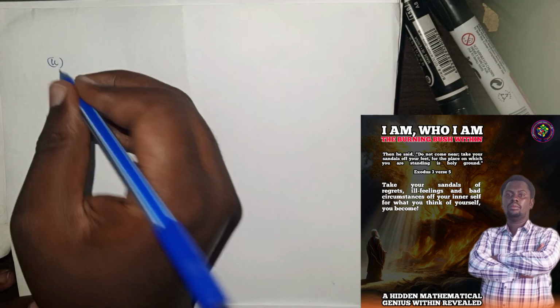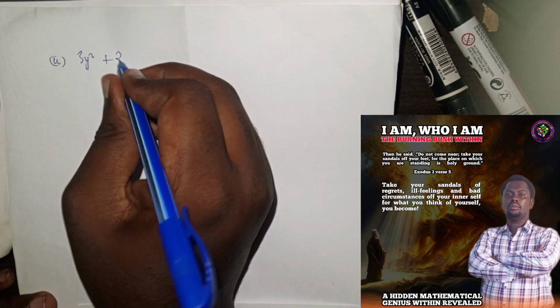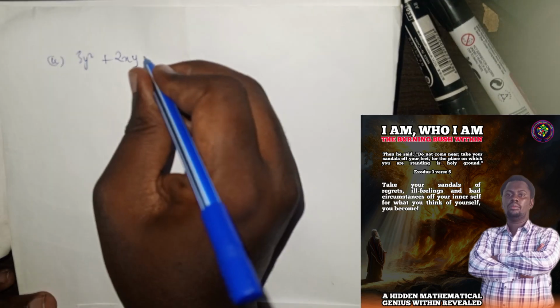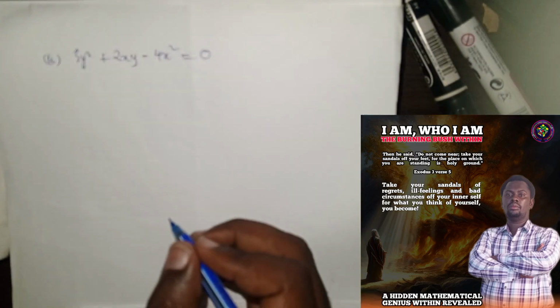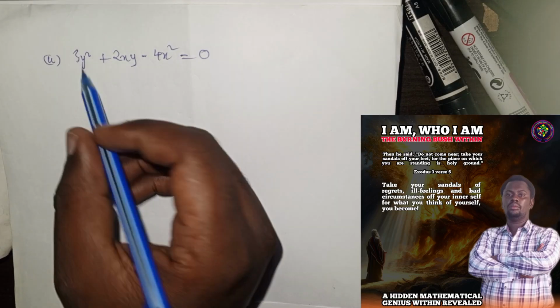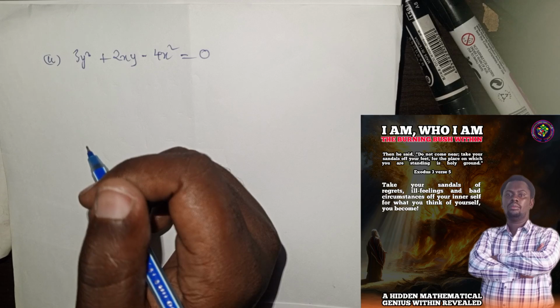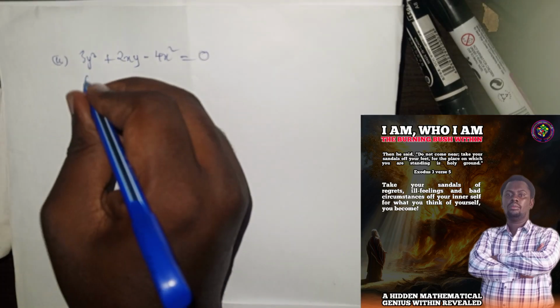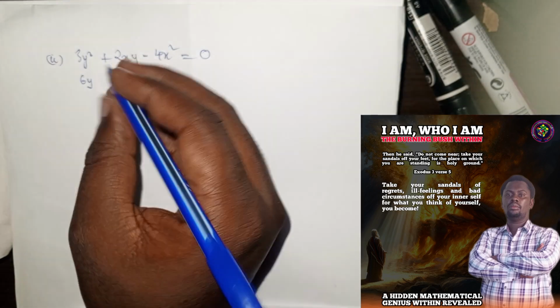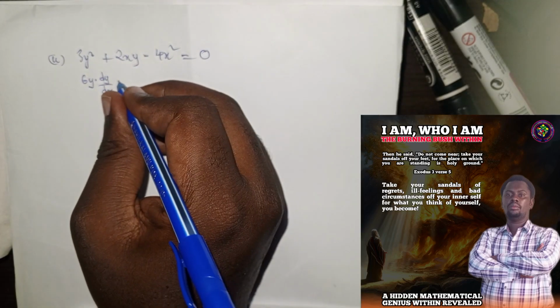Okay, so number 2, we have 3y squared plus 2xy minus 4x squared is equal to 0. So the first term here, you differentiate. 2 times 3, that is 6. The 2, you reduce it by 1, so you get 6y. Now, since this is not in terms of x, you multiply by dy/dx. Plus